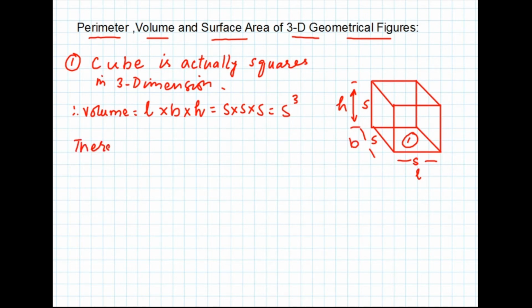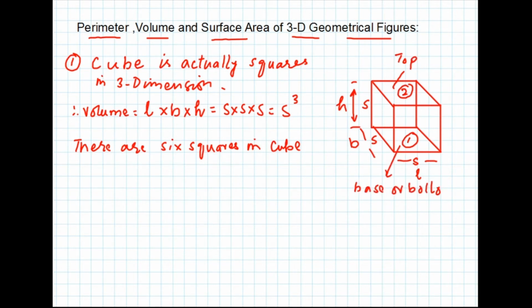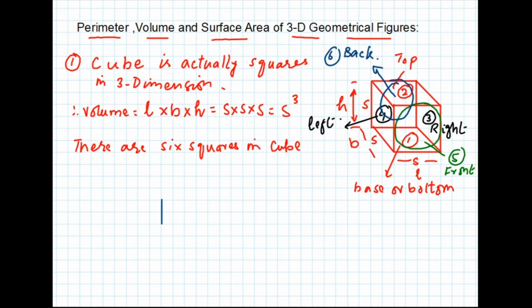We noticed that there are 6 squares in cube. 2 is denoted by top of cube. 1 is base or bottom. 3 is right side of cube. 4 is left. 5 is front. And 6 is back of cube. Now drawing 1 base of a square, 3 as right side of a square, 4 as left side of a square, 5 as front, 6 as back